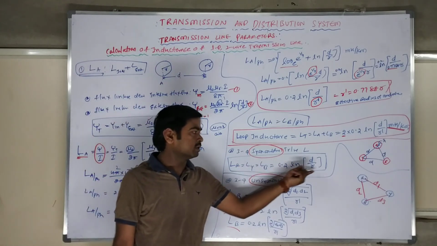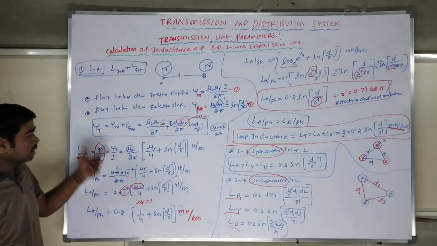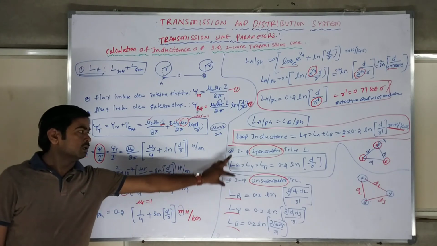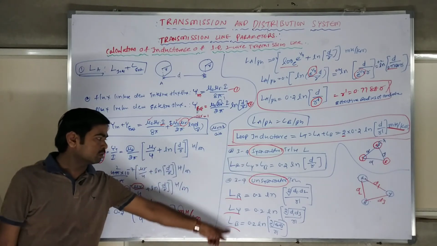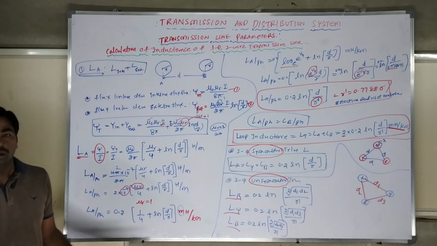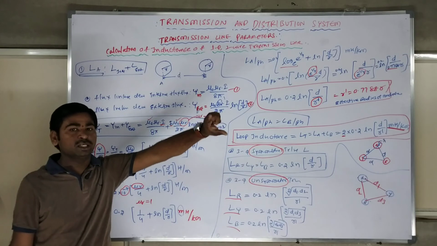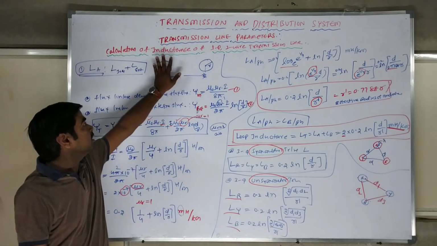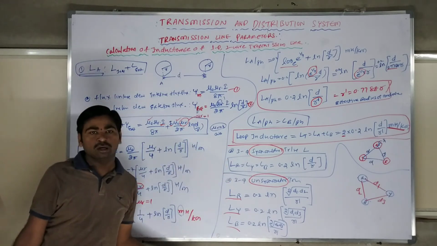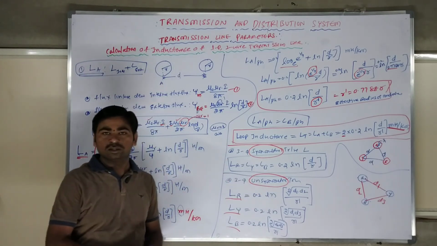Symmetrical lines mean all are the same, so we can write one expression. So this is the way you have to calculate the inductance. This is the per phase calculation. If you go for loop inductance, these two get added up. But loop inductance will not be asked for three phase; basically they ask it for single phase transmission. Your concept is that self and mutual linkages take place for a single conductor. Take A, self and mutual term. Take B, self and mutual term. In this way you have to do the inductance calculation for single phase and three phase.